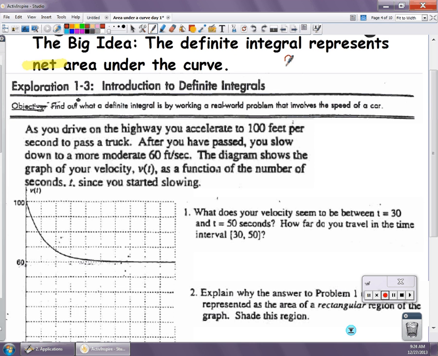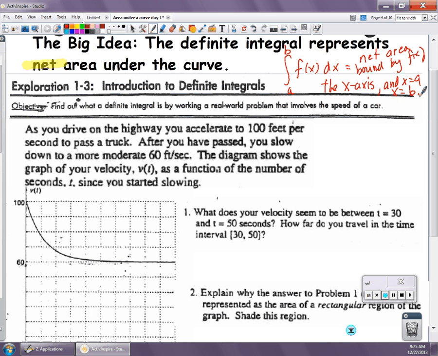So what I'm saying is that if you evaluate the definite integral from a to b of f of x dx, it will give you the net area bound by f of x, so the curve is going to be a boundary, the x-axis, and x equal to a, x equal to b. So the curve, the x-axis, and those two, think of them as vertical lines, they enclose a region